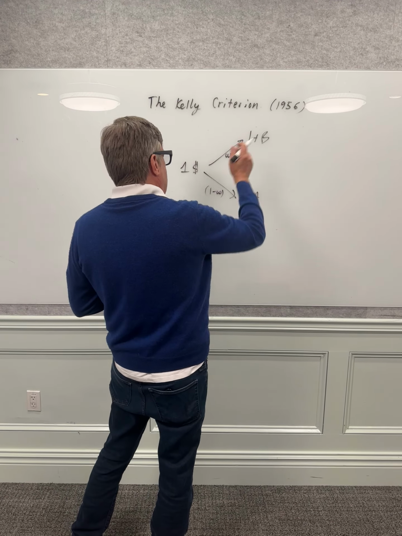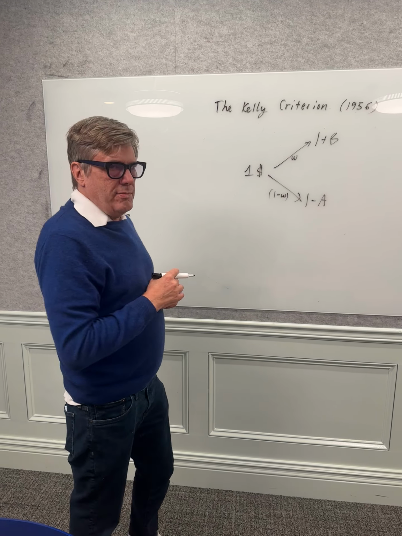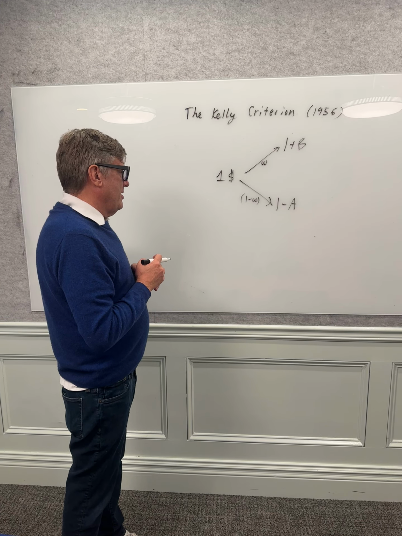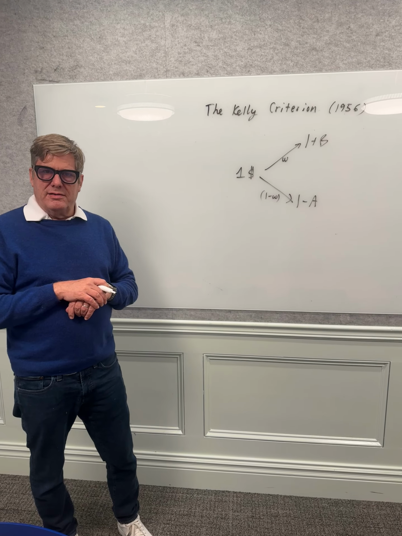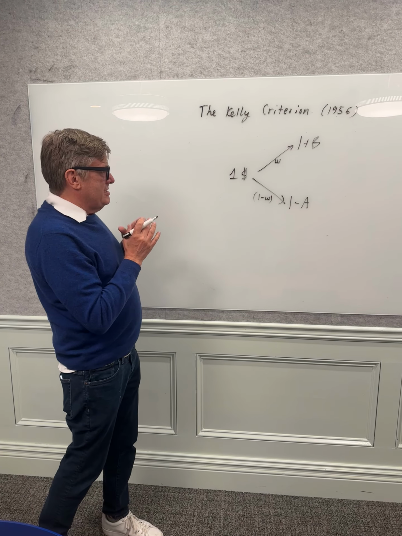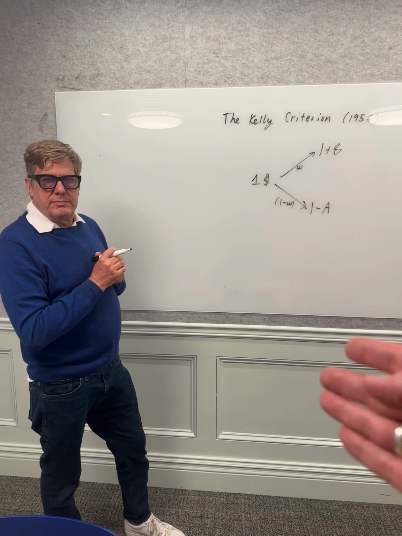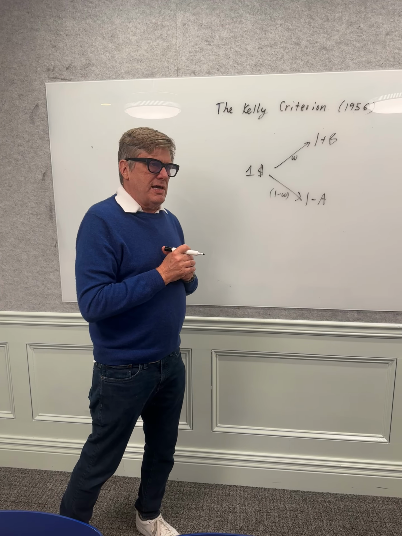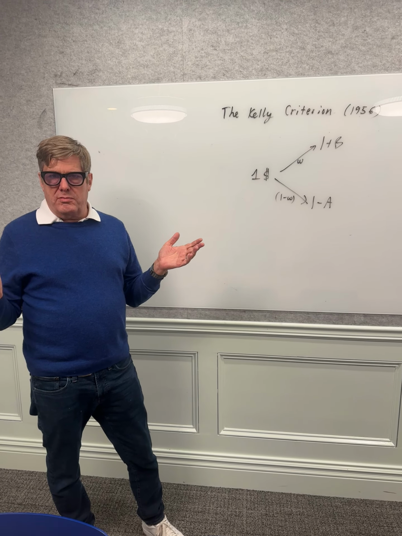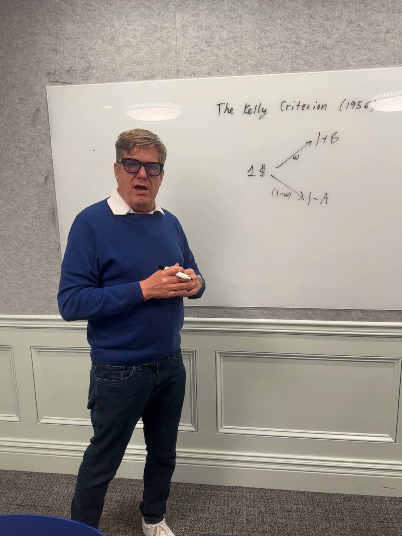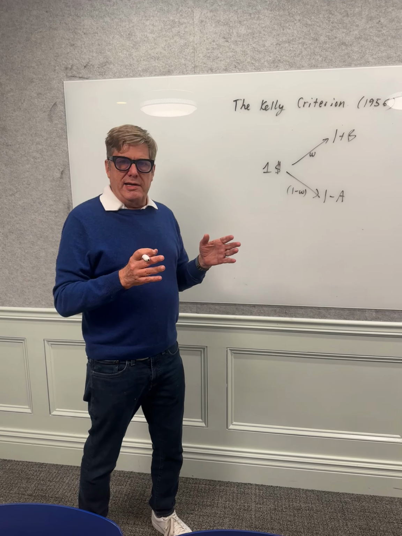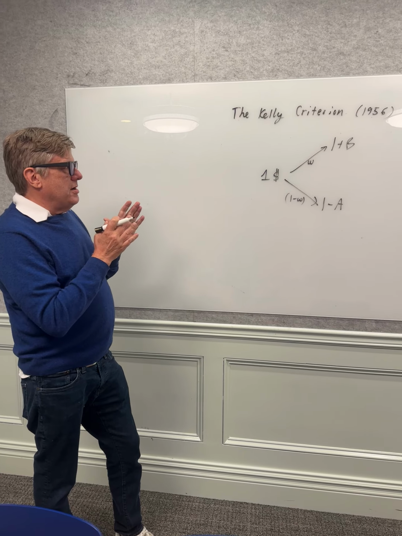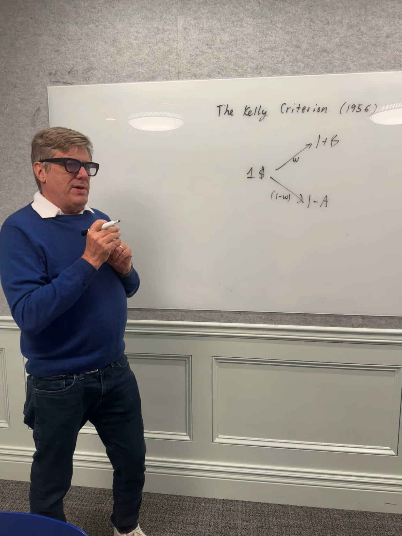Now, in this particular case, you're going to be making some amount B on top of your initial investment. In this case, you're going to be losing an amount A on your investment. So that's the setup here. Now the question: are A and B equal here? They are typically not equal. In many common uses of Kelly, A is equal to 1, meaning you just lose all your money. But the formula can be derived, and we're going to derive this formula for general A, not just A equals 1. Okay, so now with this setup,